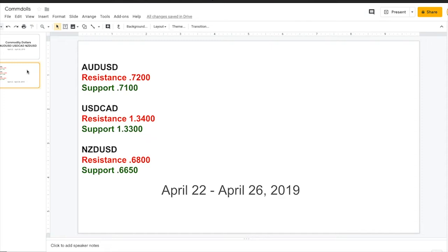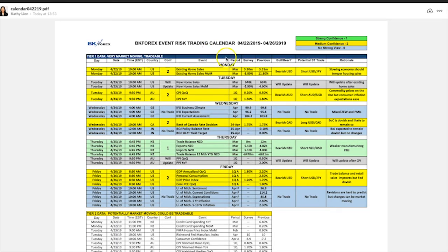And Kiwi, clearly the weakest link in the chain here, is starting to pull away and actually threatening to test some very, very key support levels at the 66.50 level. Not much on the plate as far as event risk goes. Let's take a look at the calendar for most of them. You have CPI from Australia.